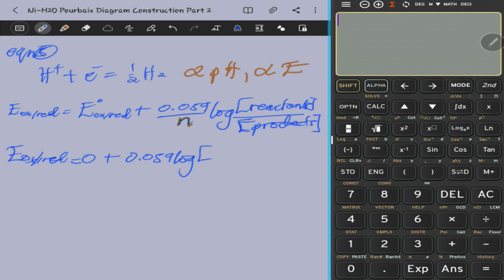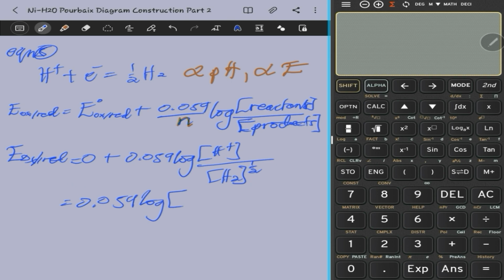For the reactants we have only H plus, and for the products we have H2 to the power half. And we've said that whenever we have a gas involved, we use partial pressure instead of concentration. So that's plus 0.059 log, concentration of H plus over